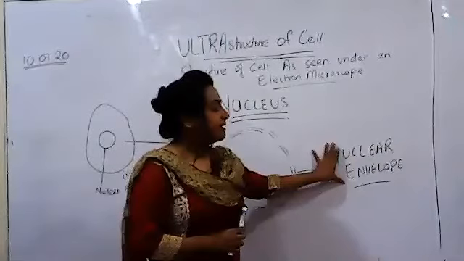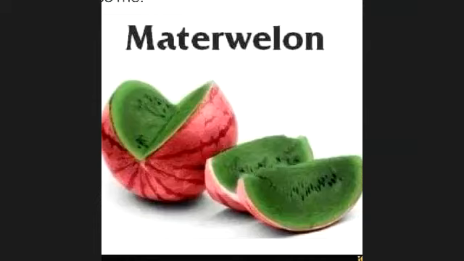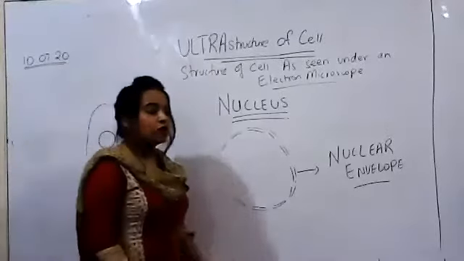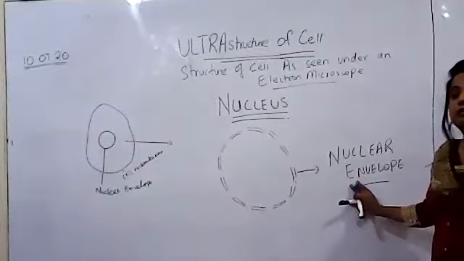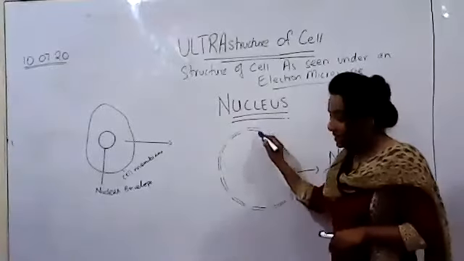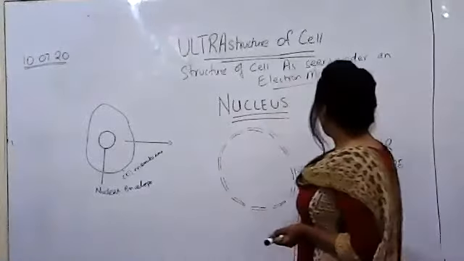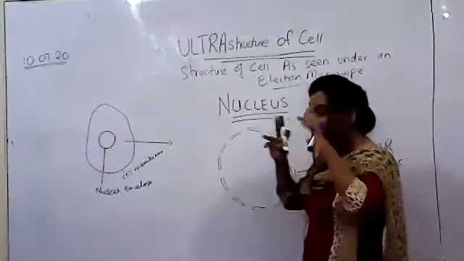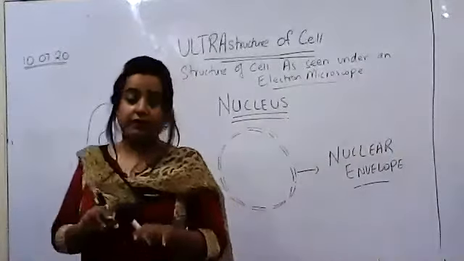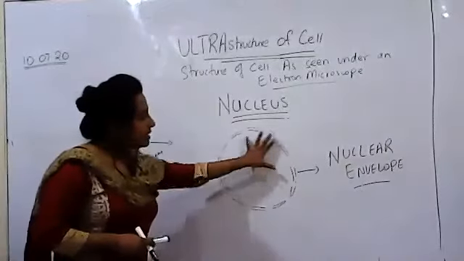That is not wrong, but technically now it will be considered wrong. Why? Because nuclear envelope means a double membrane. Cell membrane is a membrane because it's singular. Or you call it plasma membrane. You will not call it cell envelope, right? When you use the word envelope, that means a double membrane, right? So because the nucleus has a double membrane around it, hence we call it what? A nuclear envelope, right? So the nucleus is surrounded by a double membrane structure.